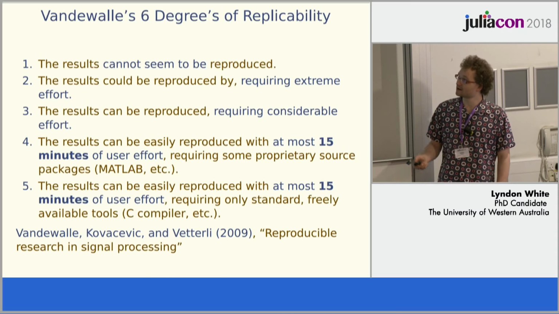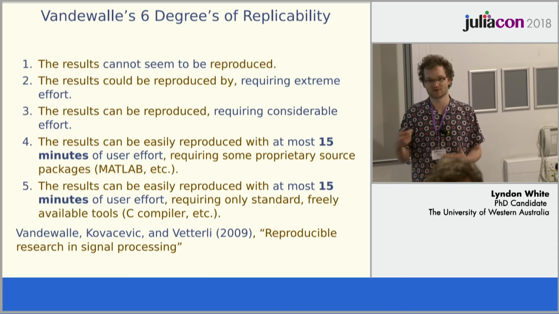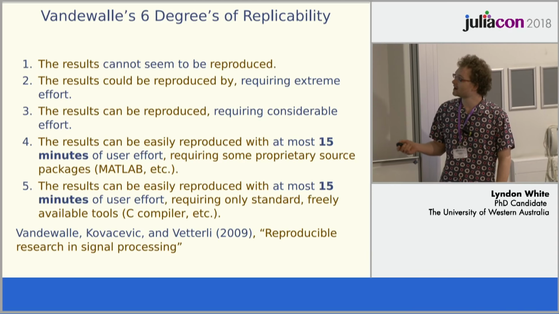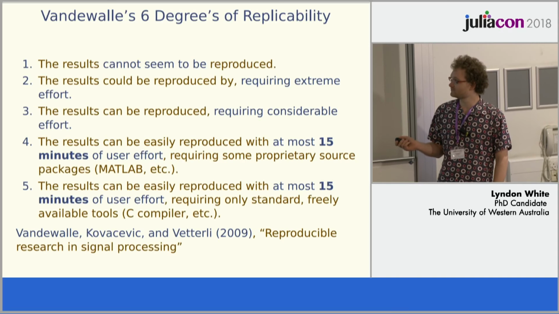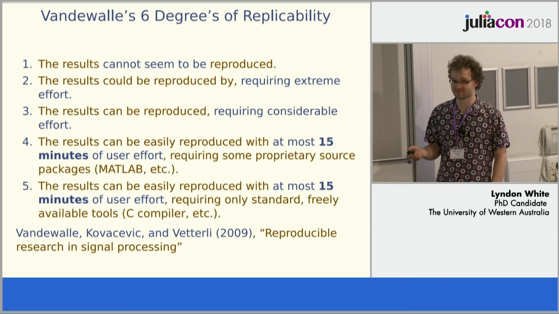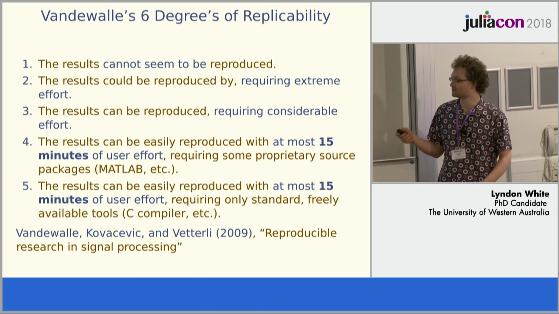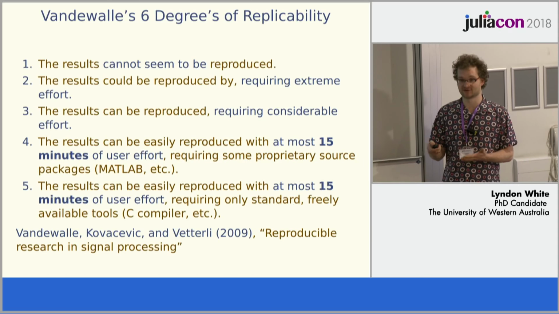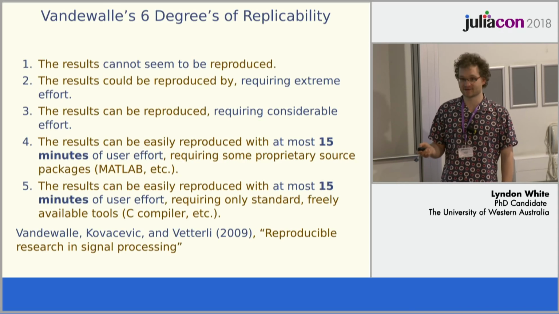Van der Waal presents 6 degrees of what he calls reproducibility, but we'd call replicability. Important part here is to be in level 4 or 5, you need to spend at most 15 minutes of user effort, that's not total time, just user time, on doing the reproduction of their results given their code. So if we want to think about how that breaks down,